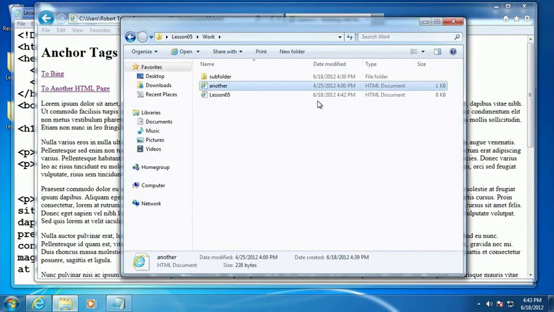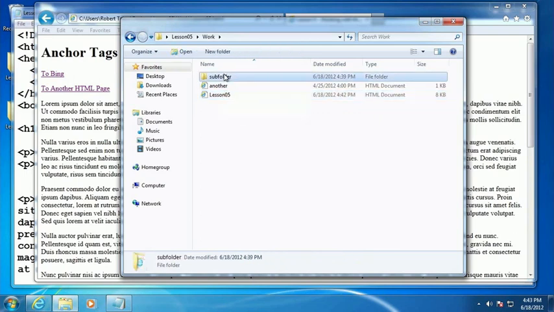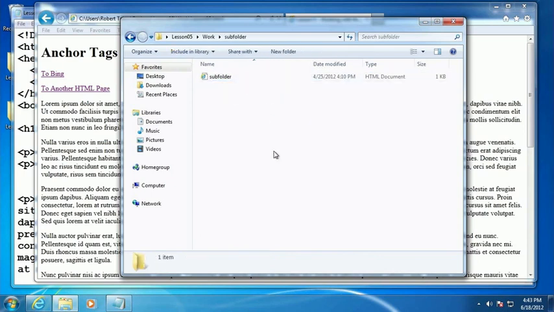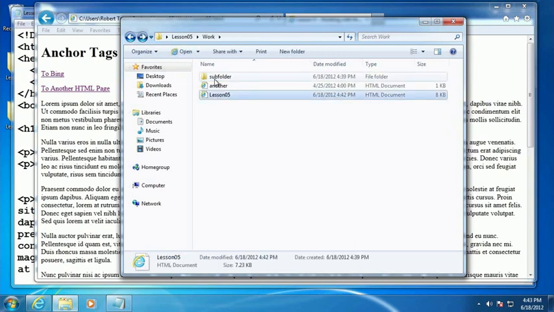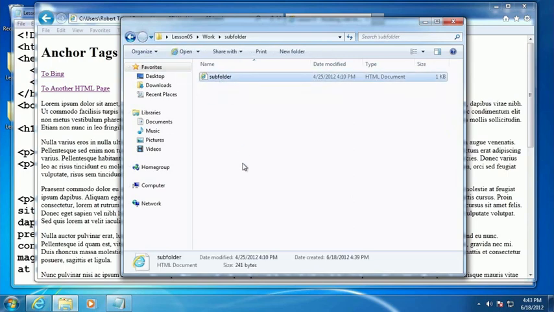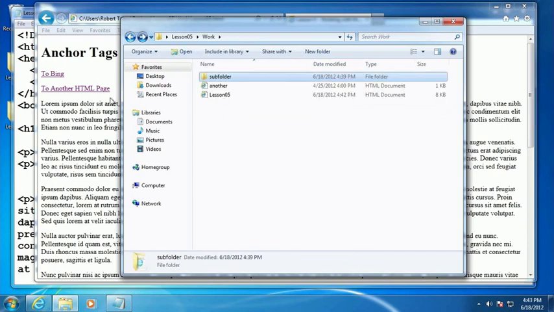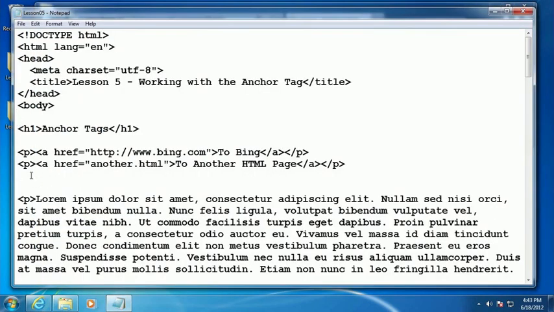If you take a look at this folder where I'm doing all my work, there's the lesson05.html page that I'm currently typing in, and we've already looked at another.html. There's also a subfolder called subfolder, and inside of the subfolder there's a subfolder.html page. So what if I wanted to create a relative hyperlink from this page to the page that's inside of my subfolder? Well, to do that, let's go ahead and add another paragraph tag, and then inside that href equals,